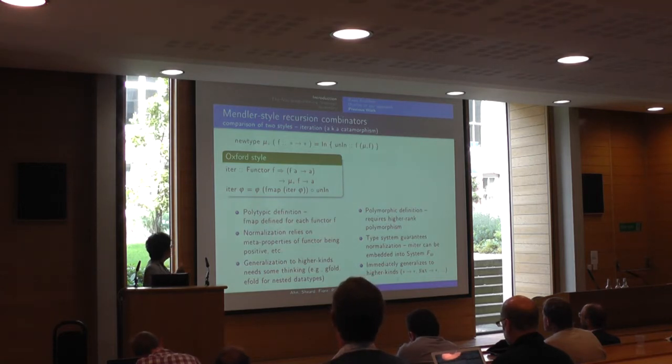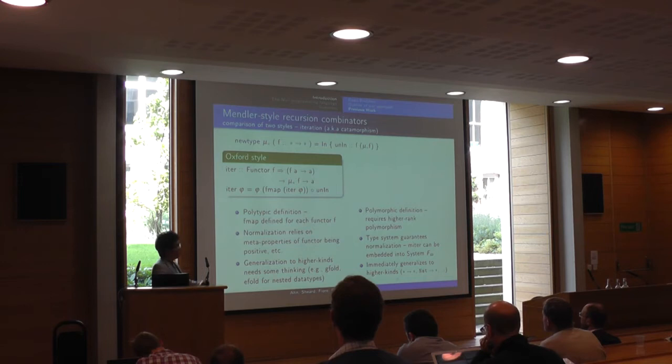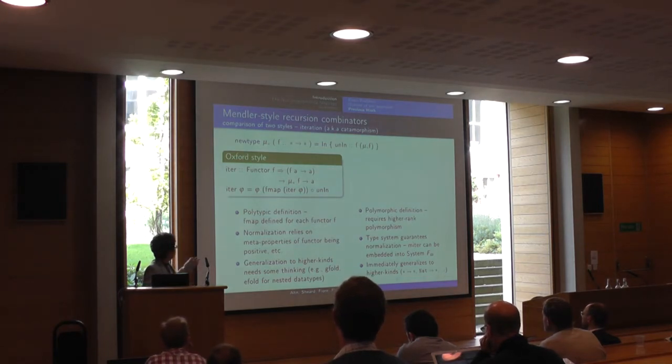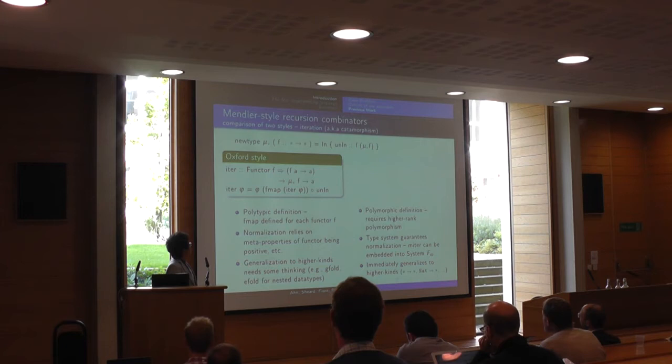So if you want to iterate over a structure that is recursive and its shape is f, and its recursive type is a fixed point of that, you have to have this phi function that maps from f to a. Then you can calculate functions from the mu f to a.